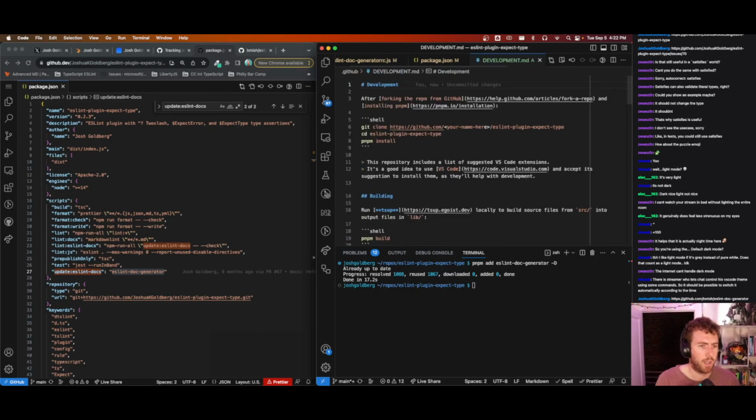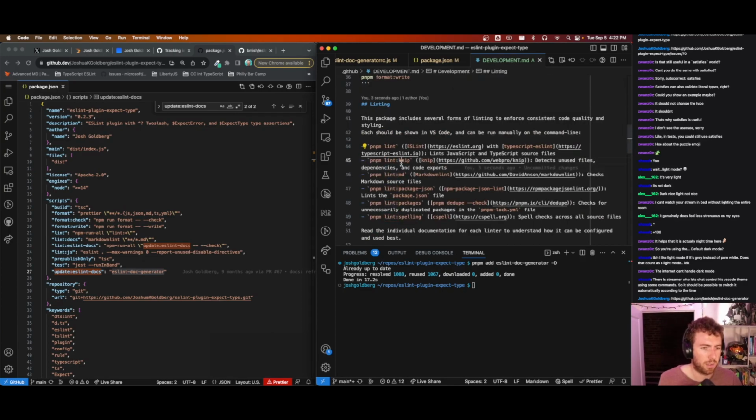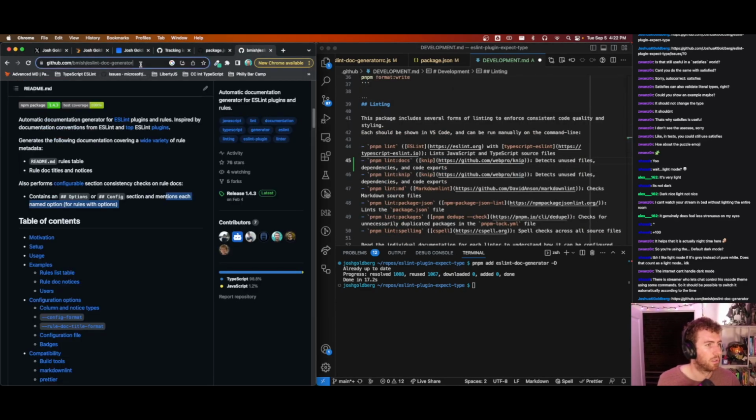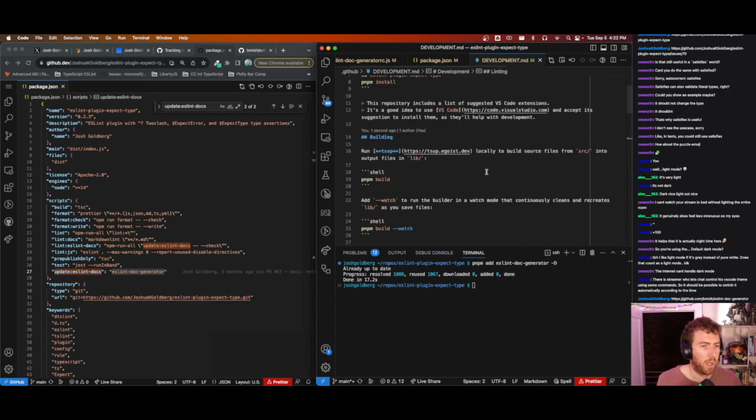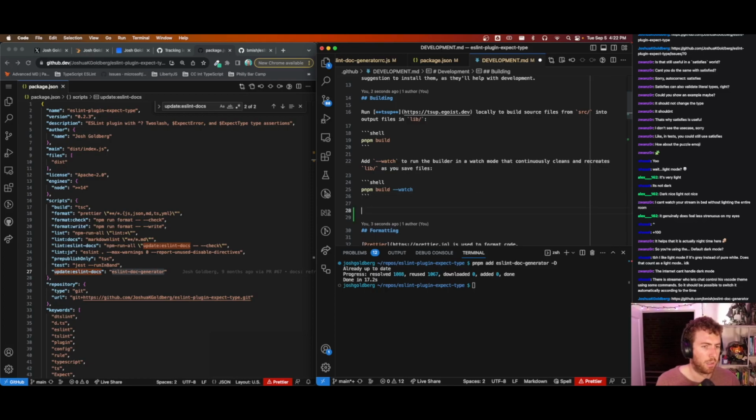And in development.md, under the big old list of all the different docs things, ESLint doc generator makes sure generated MD documentation matches ESLint rules source. Fine. So I previously put building as a section, so building docs: run